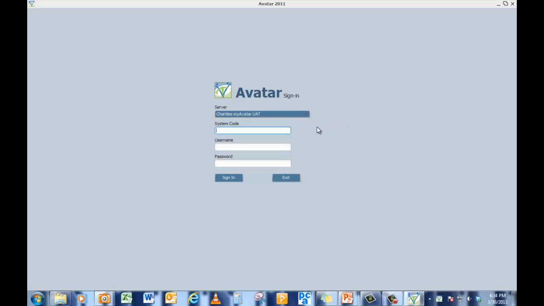Alright, now it's asking us for 3 questions. One is the system code, and for test purposes, I'm going to be going into UAT CD Live, and for mental health people, you would be going into UAT MH Live, and the chemical dependence people will be doing UAT CD Live. Now it's very important that this is typed in uppercase, because if you type it in lowercase,